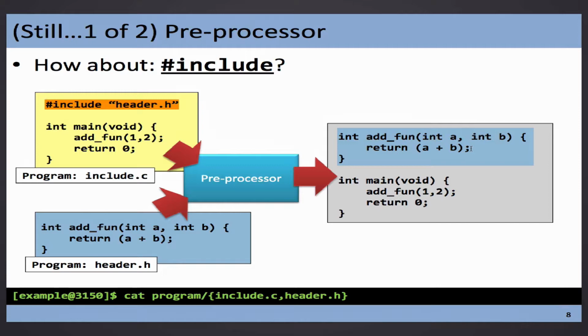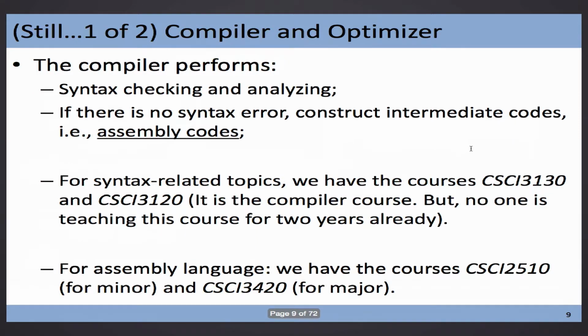So then I will go a little bit faster. For the compilation, we cannot say too many things. Why? Because you have to take a course called 3120, the compiler construction class, which has been running for so many years. I cannot go deeper, and if you want to know more about assembly language, it's not in this course again.